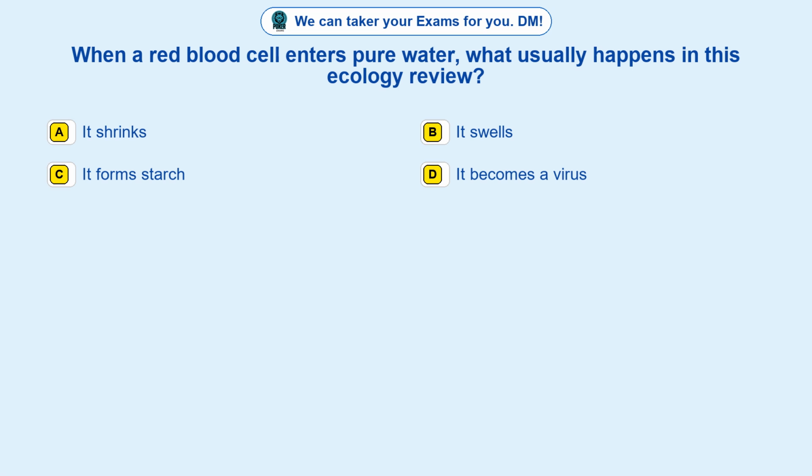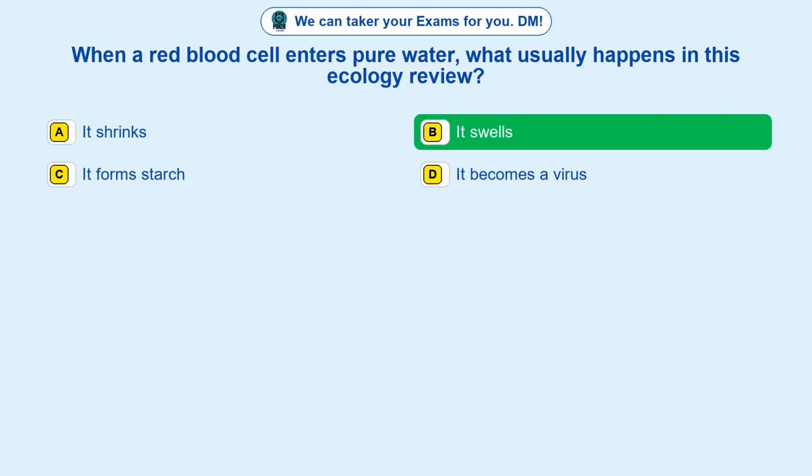Question 8. When a red blood cell enters pure water, what usually happens in this ecology review? Option A, it shrinks. Option B, it swells. Option C, it forms starch. Option D, it becomes a virus. The correct answer is option B,